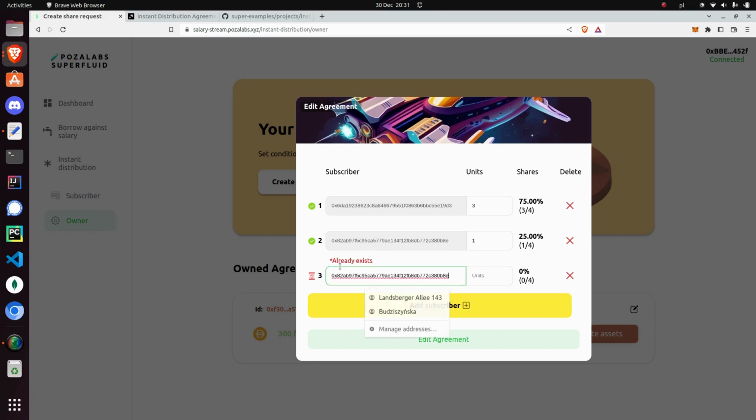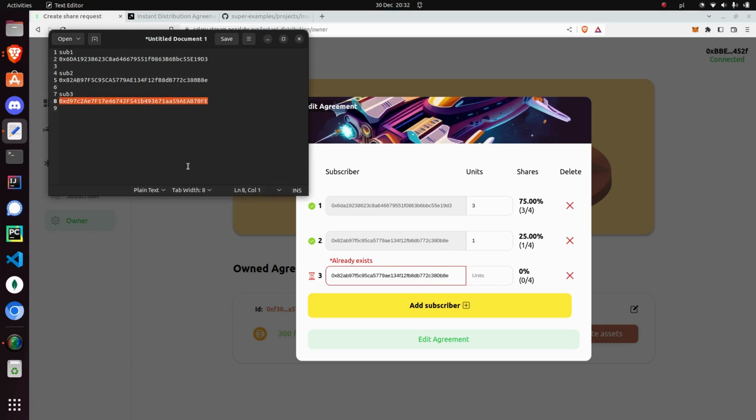Another neat feature that we implemented is that if you accidentally copy the same address into this subscriber box, it tells you, watch out, this subscriber already exists, and it's not possible to add the same guy twice. It just wouldn't make sense. Right, so let's just add some third guy,